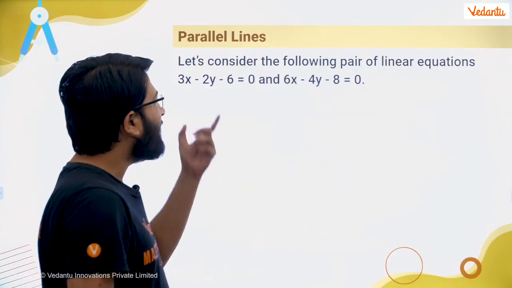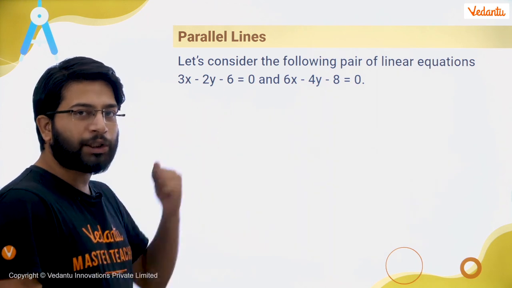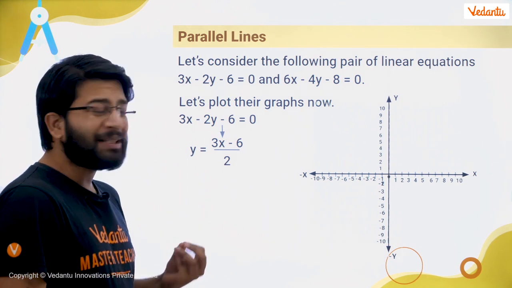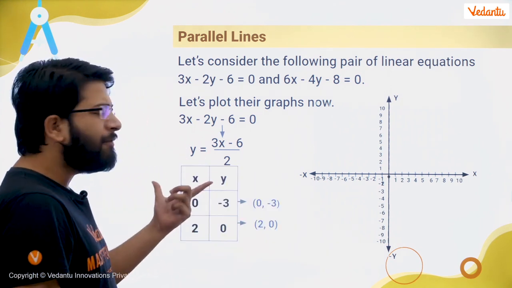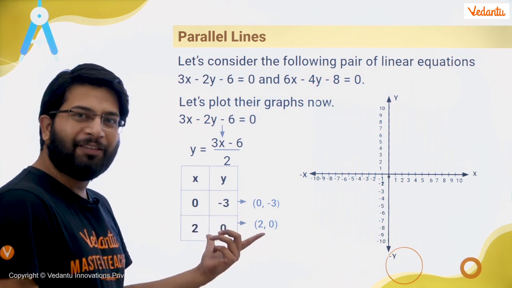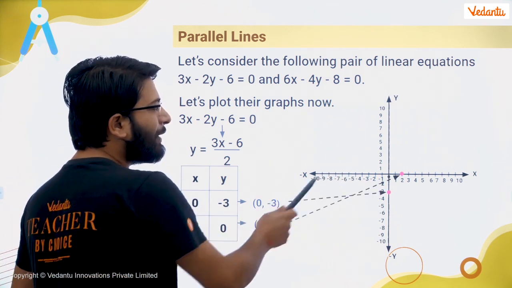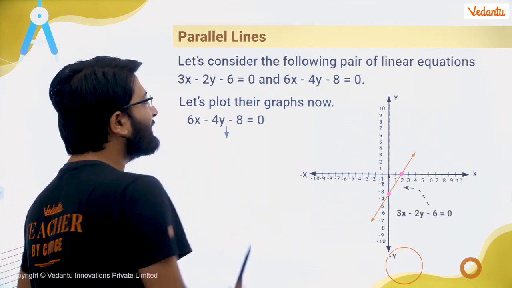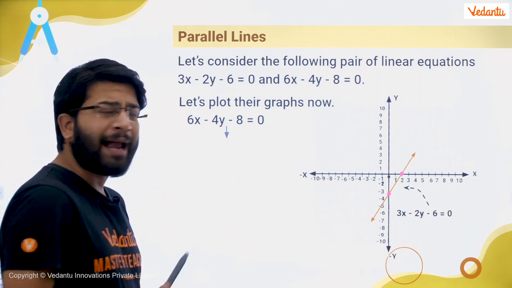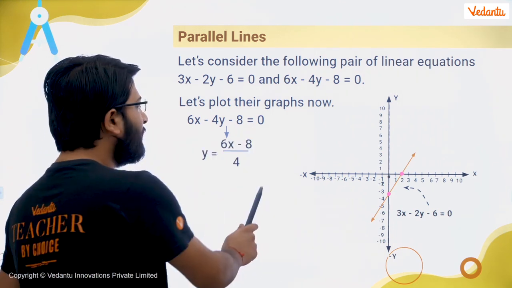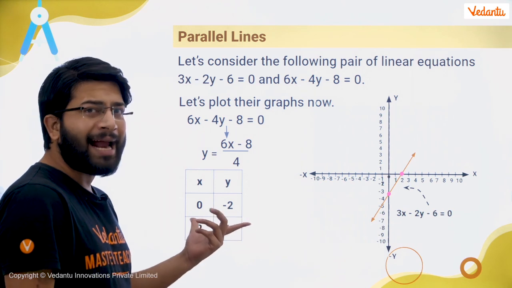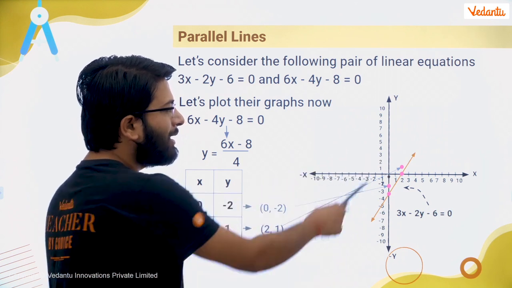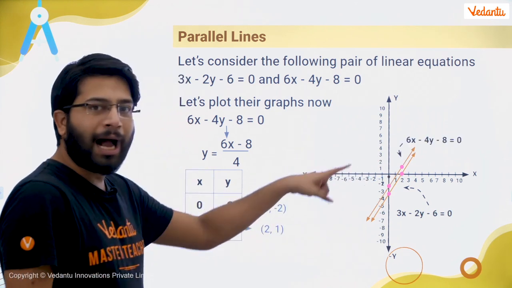Champ, let's say again we have two lines, two linear equations. Now we know how to draw the graph, right? Now we are champions at drawing the graph. So again, we will take some values of x, we will find some values of y, we will represent the points, and join those points to get the line. Same for the second. First we will write y in the form of x, then we will take some random points, find x and y, represent those points, and when we join them, we will get another line.